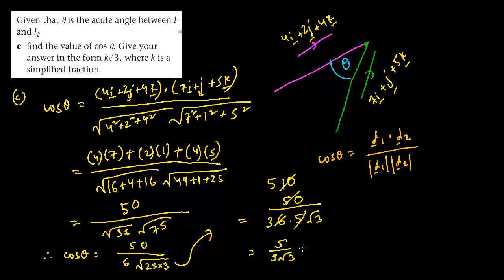Now if you want to rationalize this, you have to multiply by root 3 divided by root 3. So it turns out to be 5 root 3. Root 3 into root 3 is 3. And we have 3 downstairs, so that is 9. 5 by 9 square root